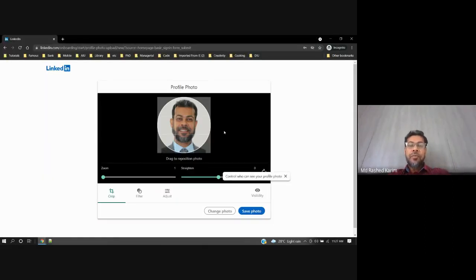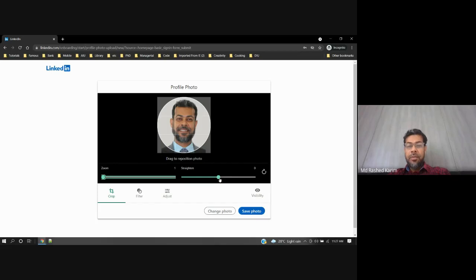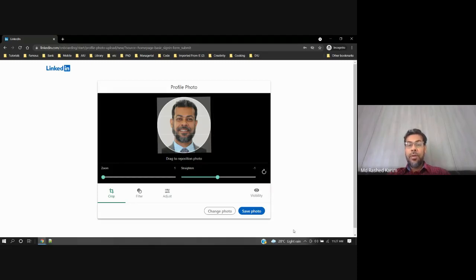You can edit the photo, zoom in, zoom out, and straighten it if you feel it is not straight, and drag it. My picture is square, so that's why it's okay. Okay, save the photo. You can choose to whom your photo will be visible. I'm not showing the setting now. Now save it.